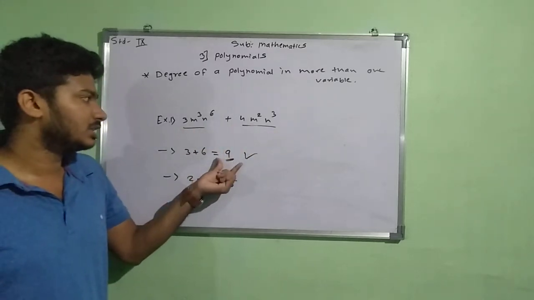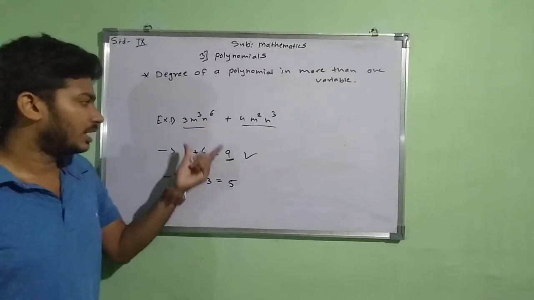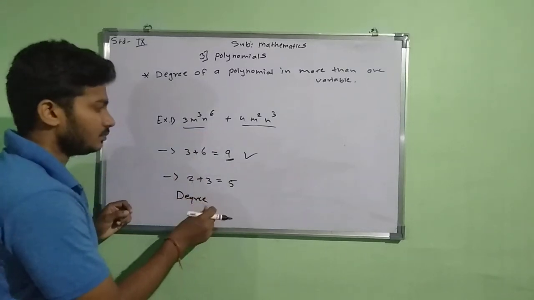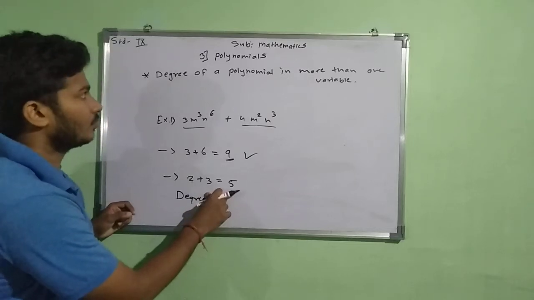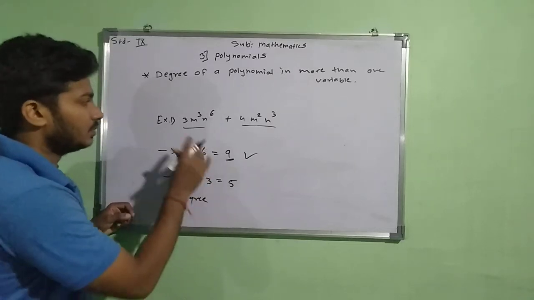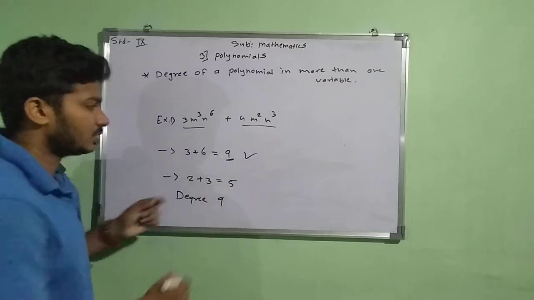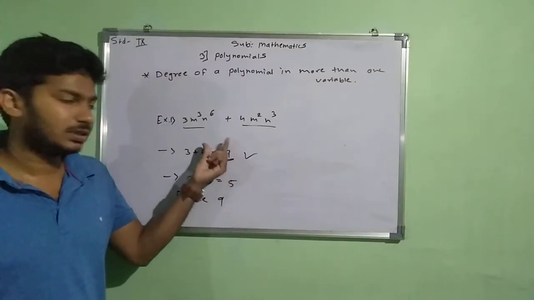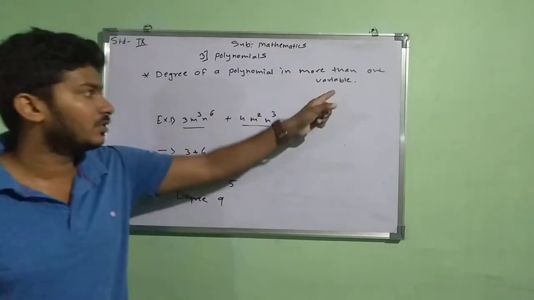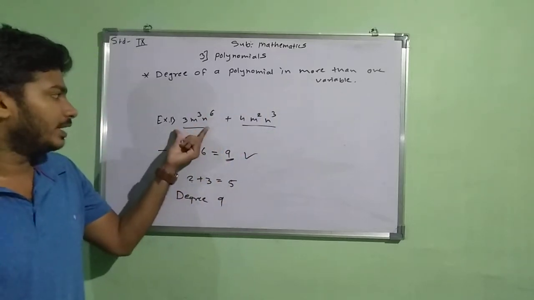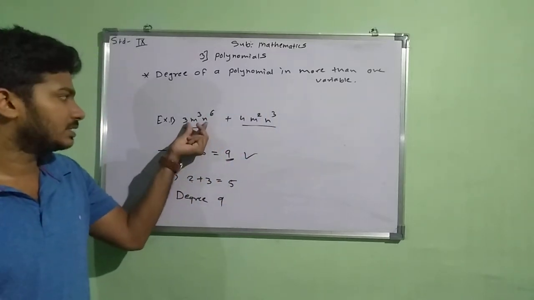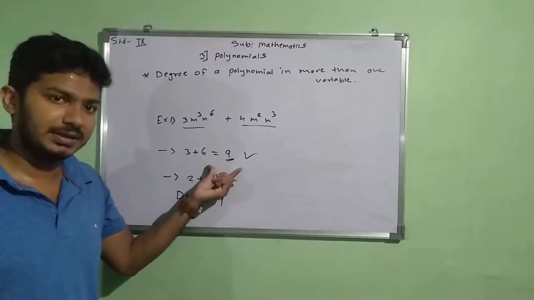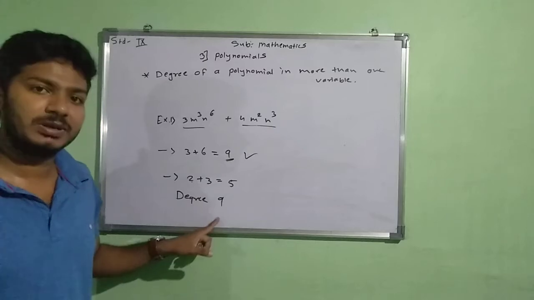That 9 is the highest power of first term. So that means the degree of that kind of polynomial will be 9, because 9 is higher as compared to the 5. So this is how we have to calculate the degree of polynomial having more than one variable. That means the variables, here we have two variables m and n. So on that time we have to calculate their power, and whatever will be the highest, that will be the degree of that polynomial.